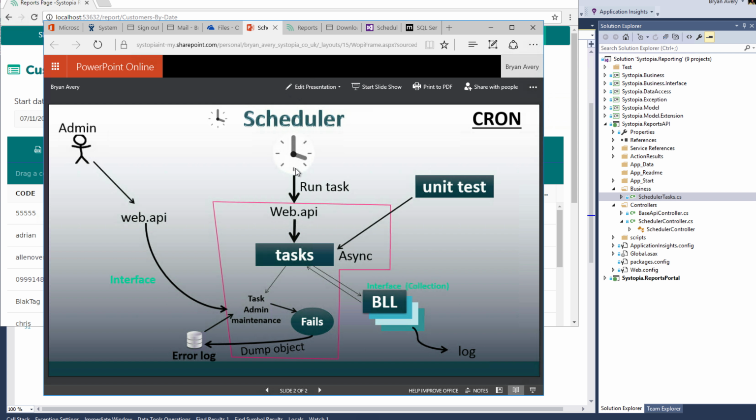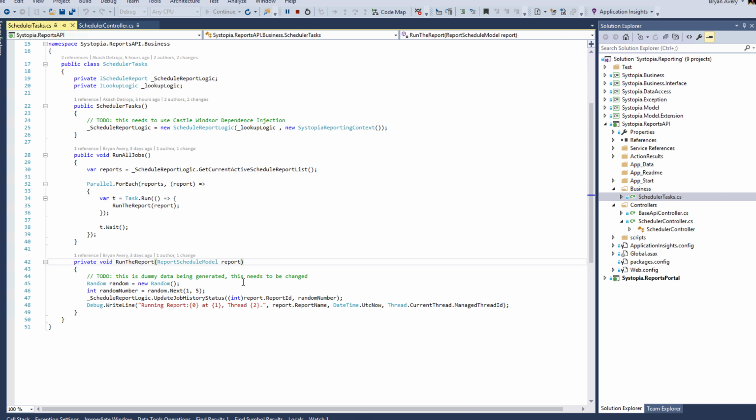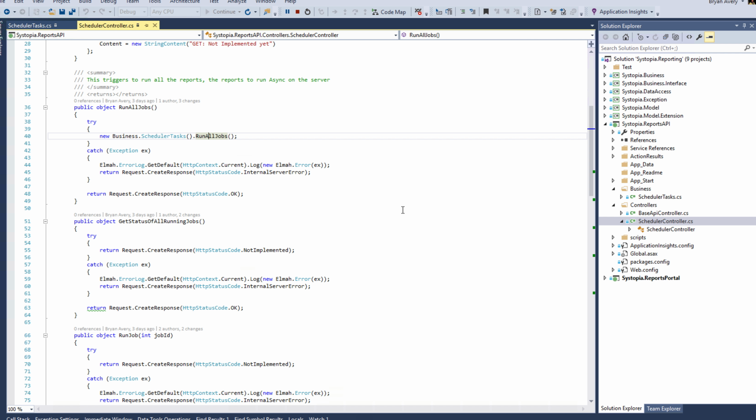So if you look on here, this is in more detail of what's happening. The scheduler runs a task API which generates a task list. Don't worry about this at the minute actually. Ignore this page because this is phase 4 of the actual project. So hopefully you've got to grips with regards to what's happening. It's mainly here where it basically needs to run the reports and store it inside the database, and an email goes out with a link to come back